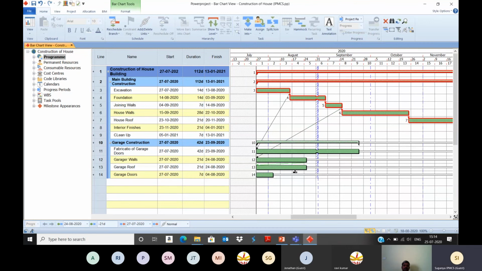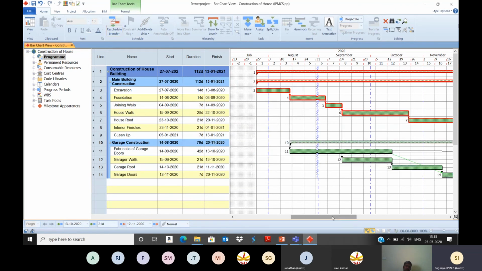Then after garage roof, you can start the garage doors. Also, after fabrication of the garage doors, it can be connected with the garage doors. So now again, you can go for reschedule in order to recalculate it.